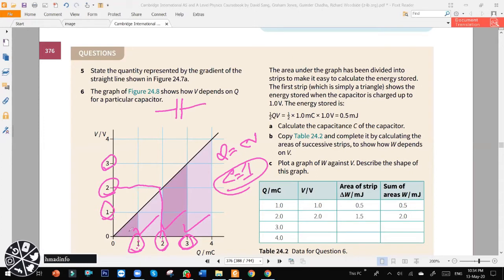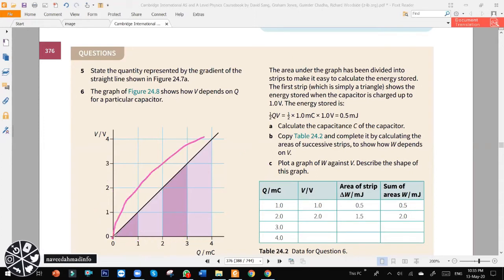That value will be different if your curve is like this, other than a straight line, or if your curve is like this, then the value will change. Because if you increase this value, then the Y value will increase, but not uniformly. It will increase, but the increase is not uniform. But in this case, the increase is uniform.